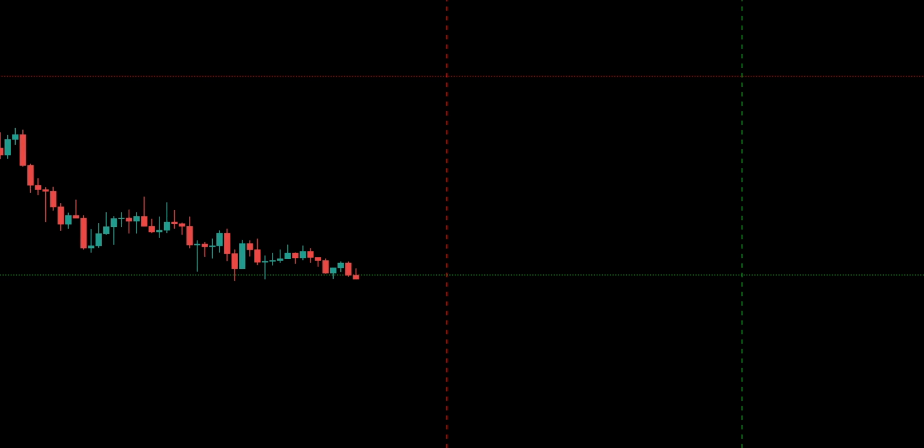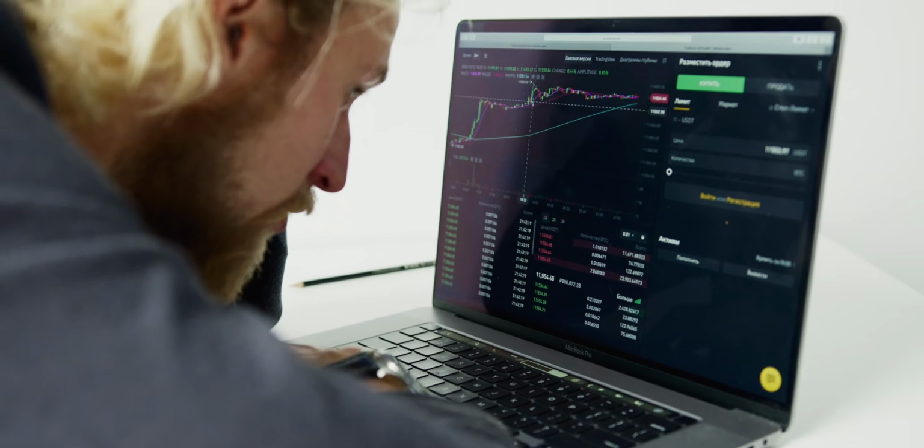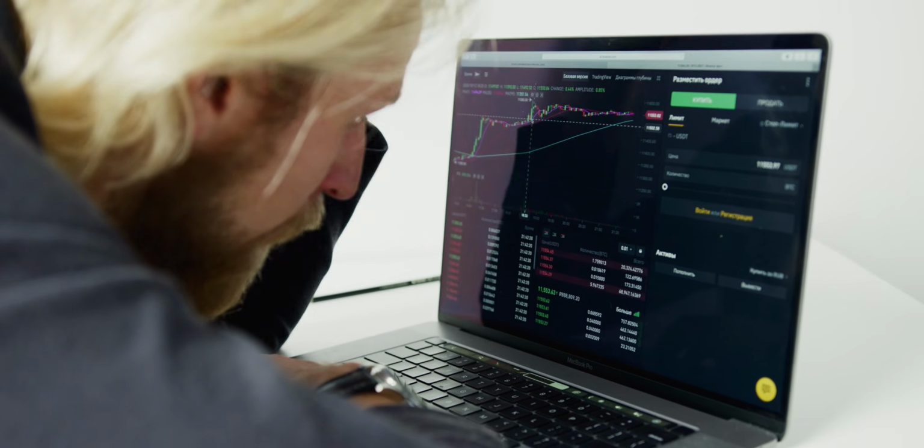In this video, I will show you a new and highly effective TradingView indicator you haven't seen before. This tool shows absolutely amazing results on all markets and is suitable for scalping. I will also build and backtest a trading strategy with this indicator so that you can follow it right away